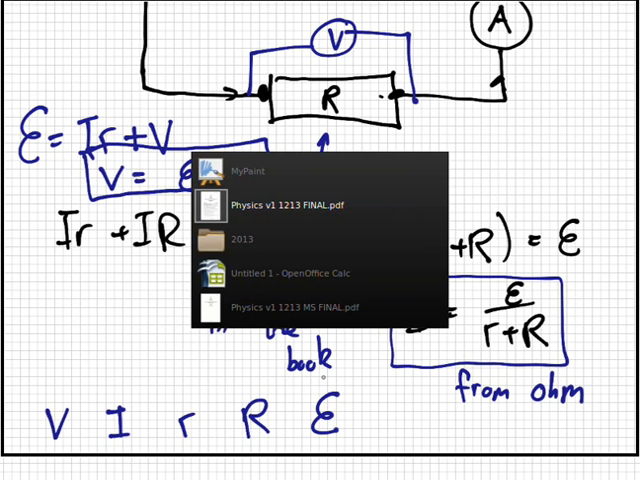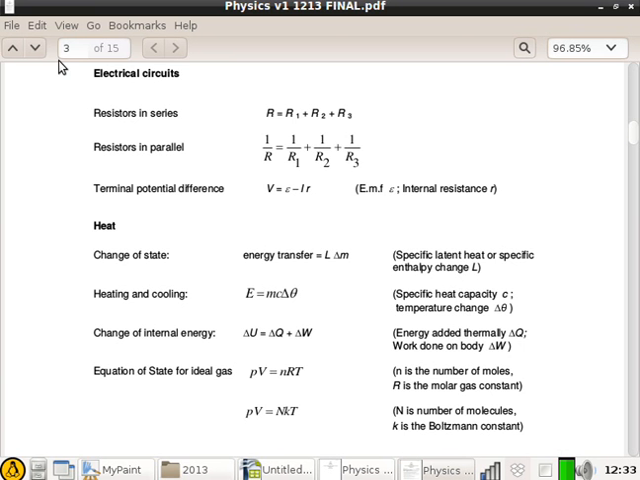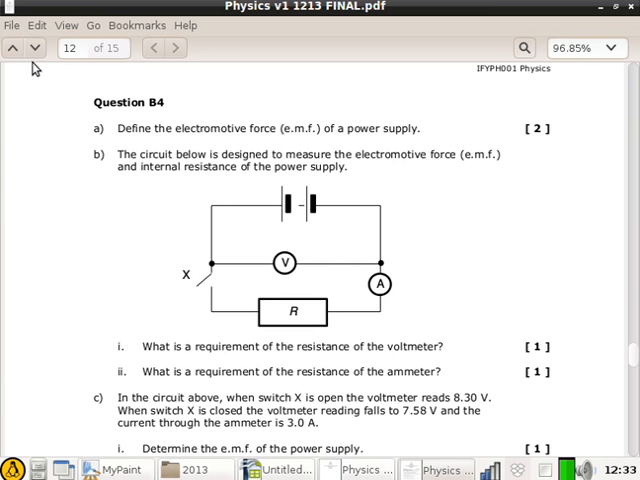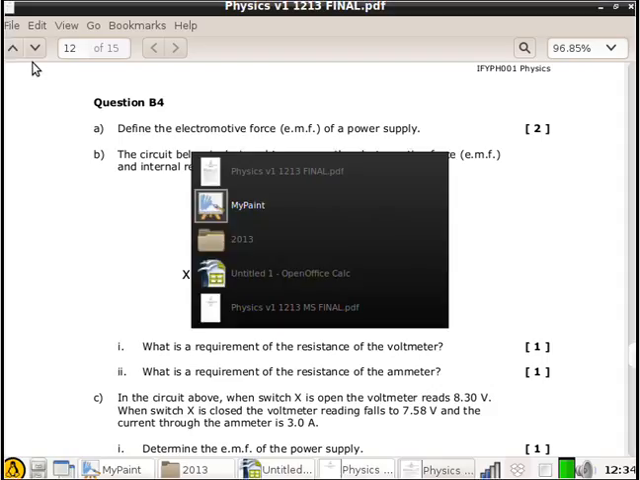Now, can I go back to the question here? In the circuit above, when the switch X is open, the voltmeter reads 8.3. I'm going to draw this circuit when the switch is open. Maybe you can help me remember. You had two batteries here, wasn't it? And then